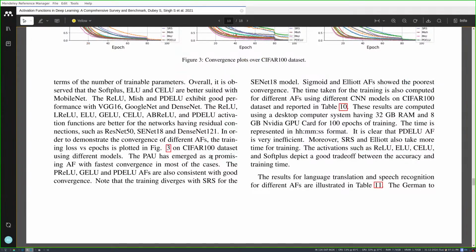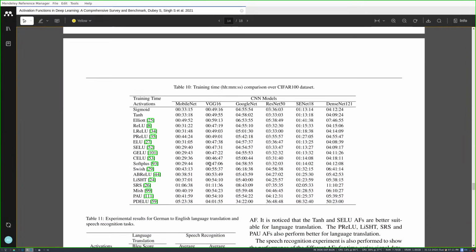CIFAR 100 data set. Training time. Oh, it takes a lot more time. After Flux, probably CELU is the fastest. What about ReLU? They're actually much faster than ReLU. This is very slow. Whoa, whoa, whoa, whoa. What the hell is this? Okay,